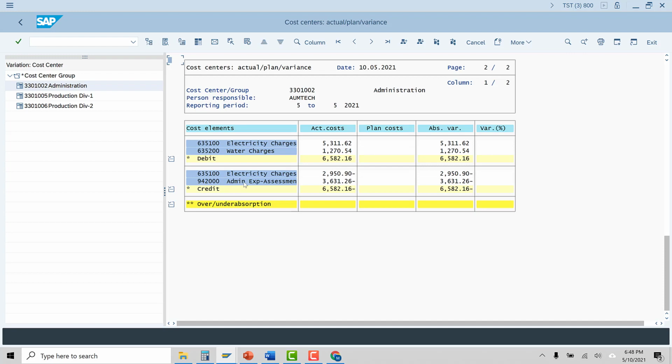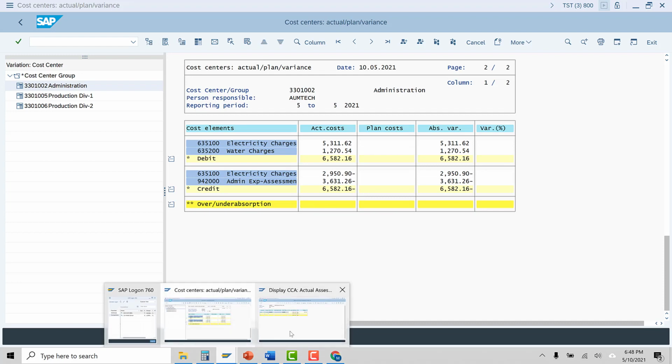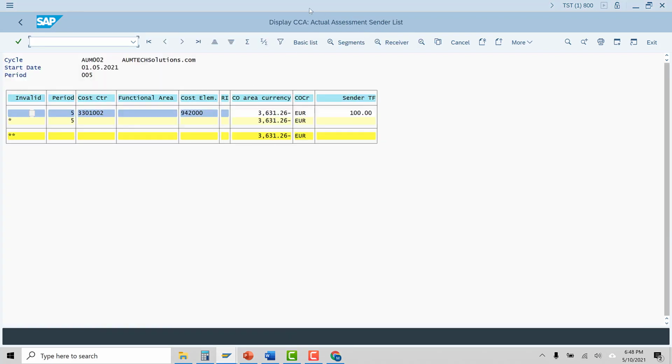That's what we see. Administration, it is sent to this secondary cost element. So very important, it is not sent to the primary cost elements, that is 635100 or 635200, but it has gone to the secondary cost element 942000, right? Unlike the distribution. And this is the full amount, 100%, that is as per the assessment cycle. That's why you have zero value here, over under absorption, right? And this amount matches with what is there in the cycle result, actual assessment cycle result.